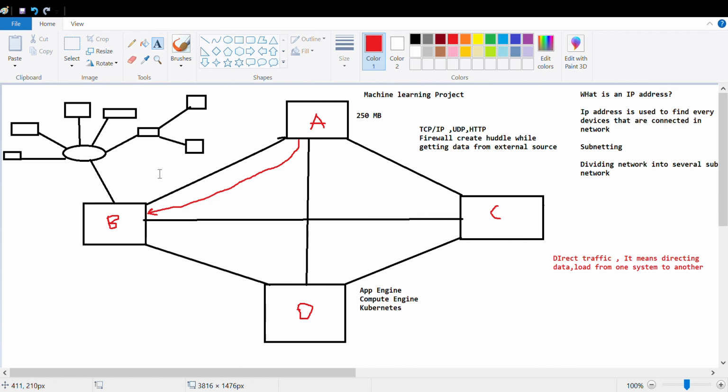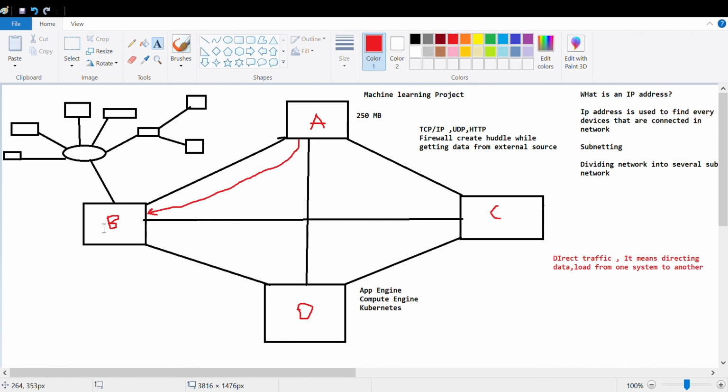Subnetting means dividing the network into several subnetworks. What is the advantage of subnetting? It helps you direct the traffic. Now suppose B is connected with several devices, so the connectivity will increase.